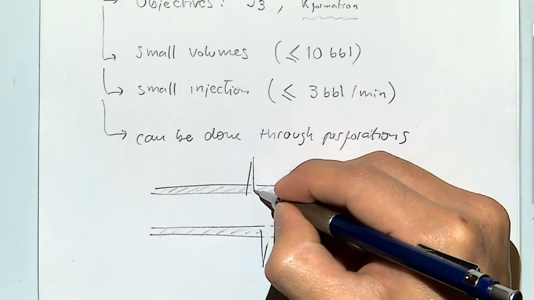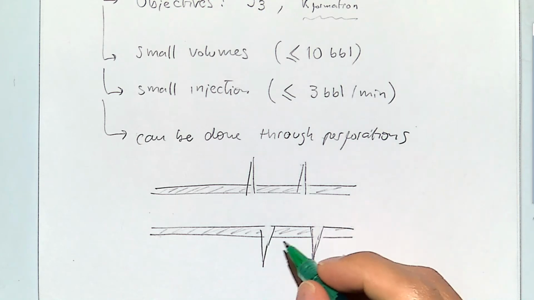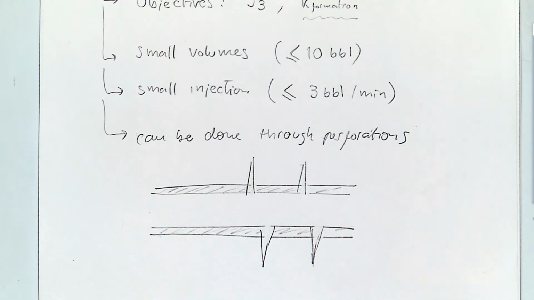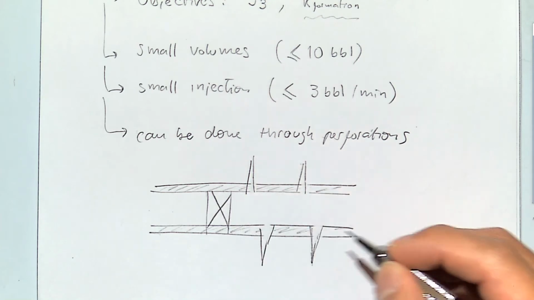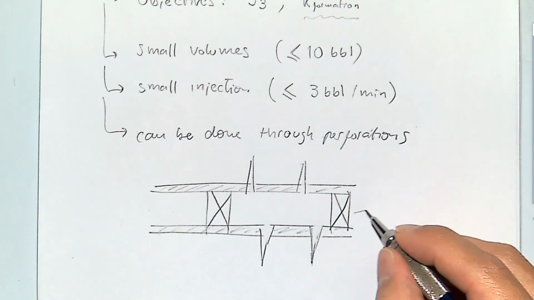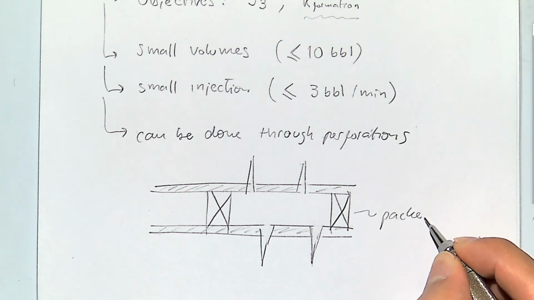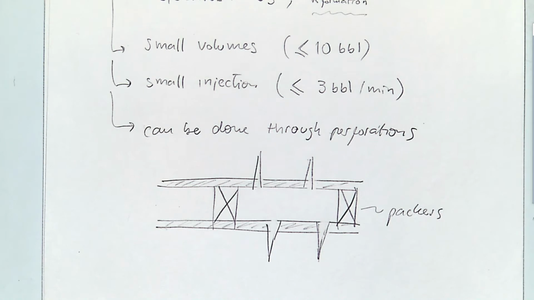Some other times also you can do it when you are in the stage of drilling or in a vertical wellbore. But in this case, you are going to be also able to do it through the perforations, and basically just have to isolate the wellbore,